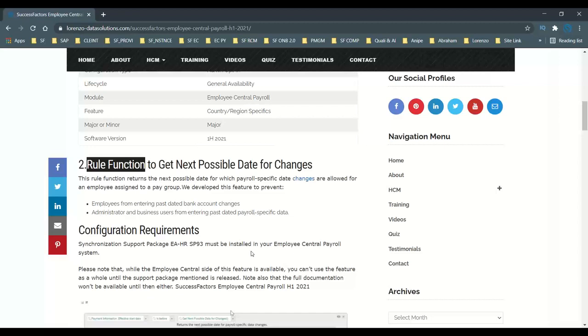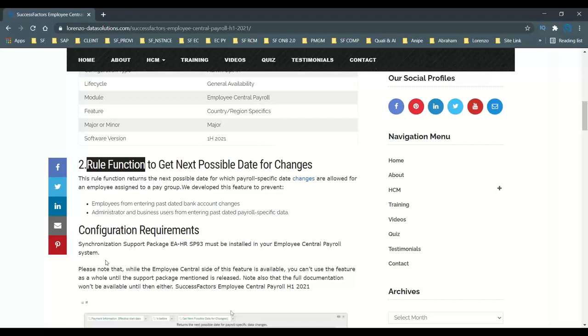Some examples are date format, number, concatenate, current, like today, get next value. There are so many pre-configured rule functions available in the Employee Central system.